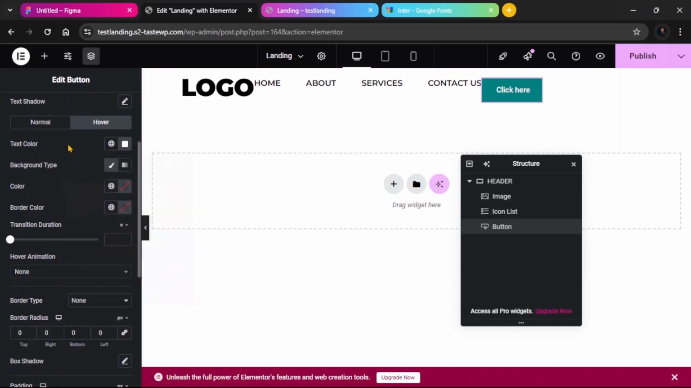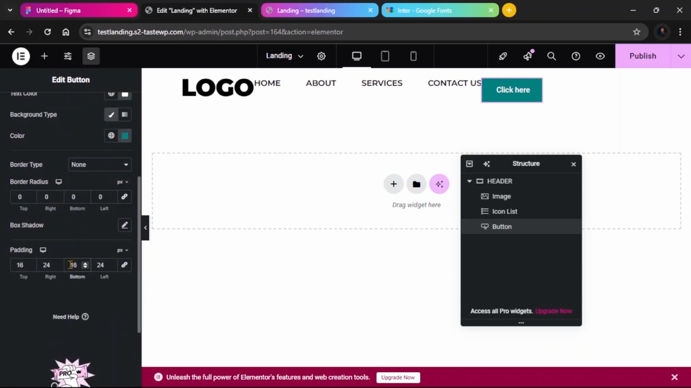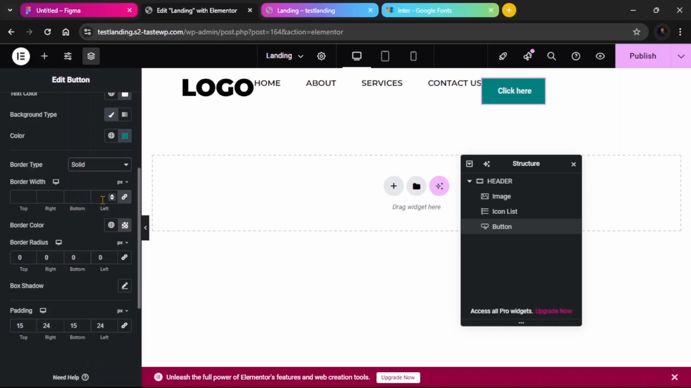At hover, my text color is white. Now let's do something special. Let me go back to my normal state. I'm going to change this value to 15, also 15 here. Then my border type, I'll give it a color. I'll give it solid. Now I'll give it